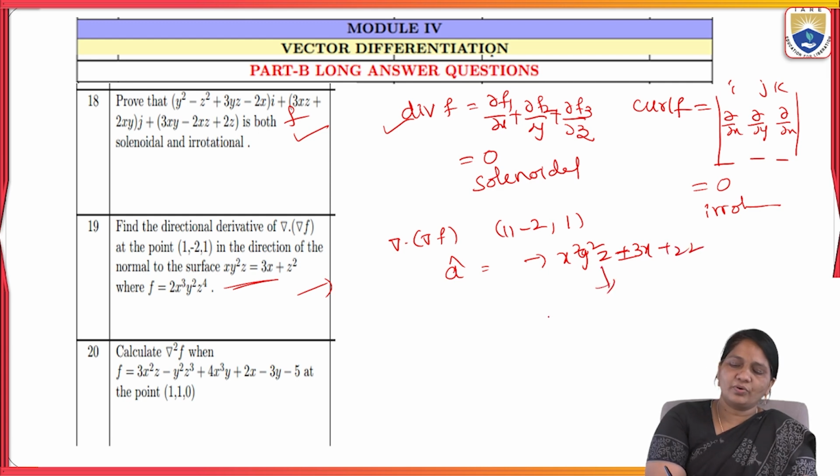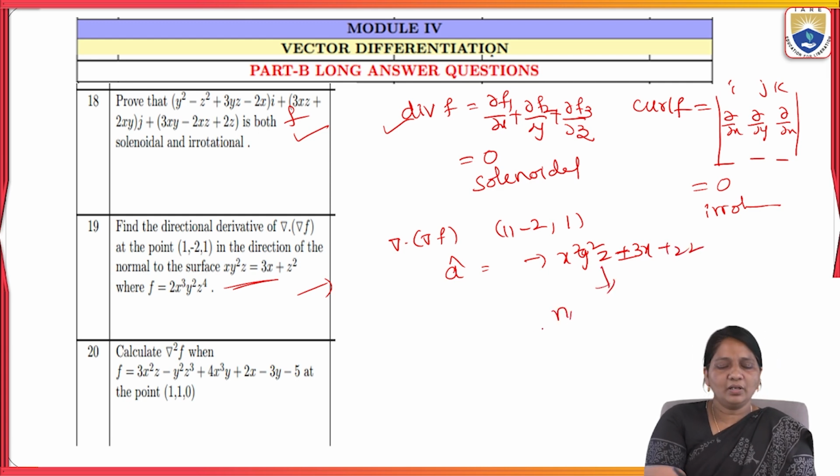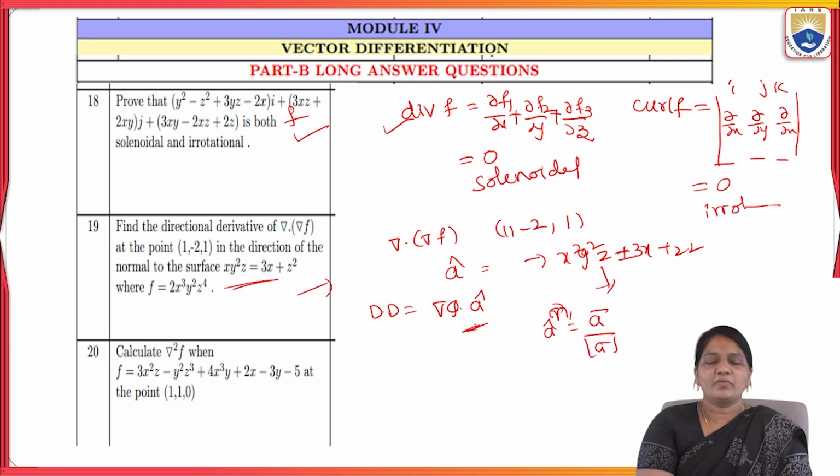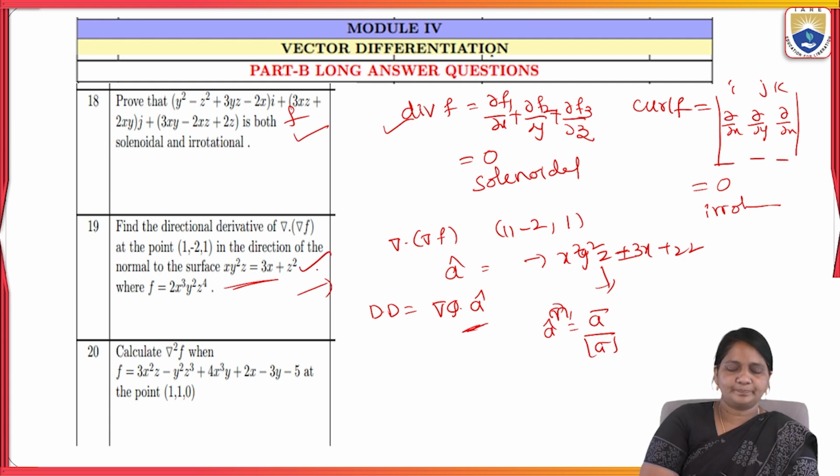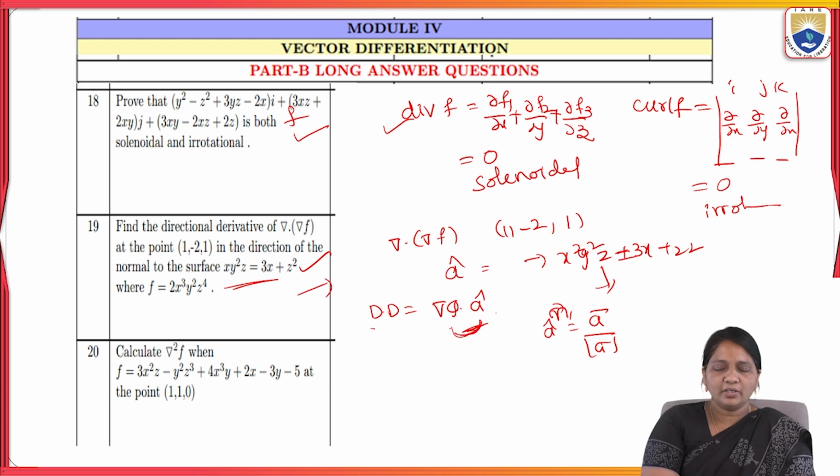From this we are going to calculate the unit normal, and after that we can calculate the directional derivative, that is del phi dot a cap. So a cap equal to a bar by modulus of a bar, and after that we can calculate the del phi value from the given surface. Then after getting del phi value and a cap, we can do the dot product